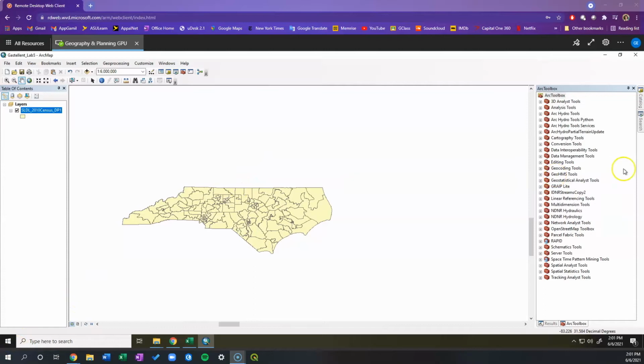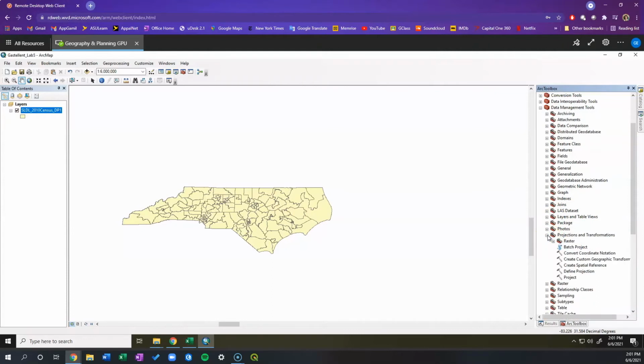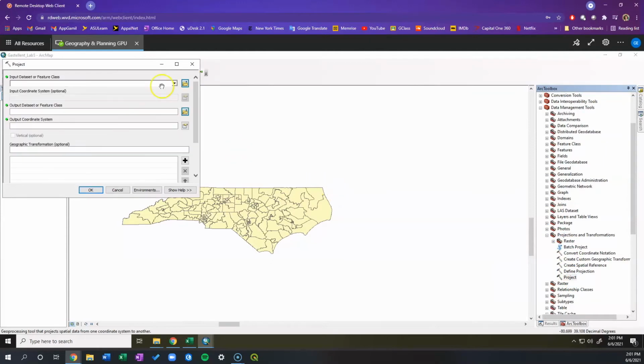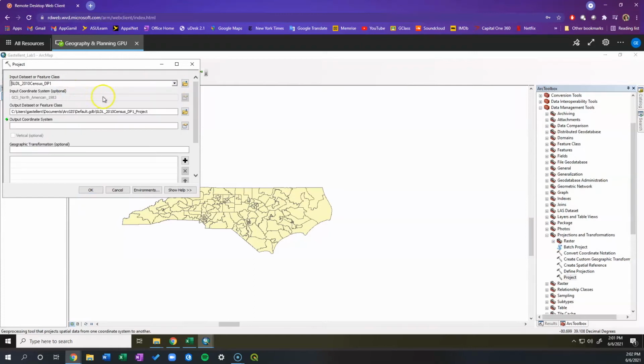Once the toolbox is loaded, it'll look like this. On the panel, it should overtake the catalog. And we want to go to Data Management Tools and hit that plus button. From there, we want to go to Projections and Transformations, and then double click this project tool. It'll open over here. For input dataset or feature class, we want to select the only option available, that one,